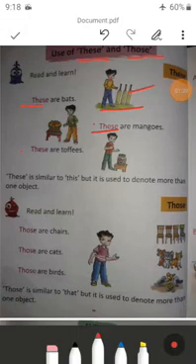In the third sentence you can see here, these are toffees. A jar of toffees is here. He can take the jar easily, he can take the toffees easily, he can eat all the toffees easily. So you can see here these is used because this jar is very near him. The things are very near us, we can take them easily, so at that time we will use these.